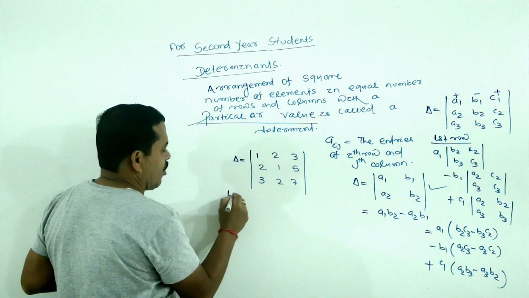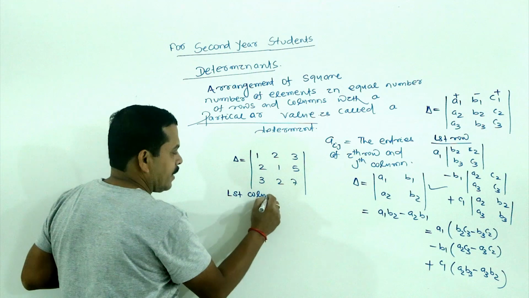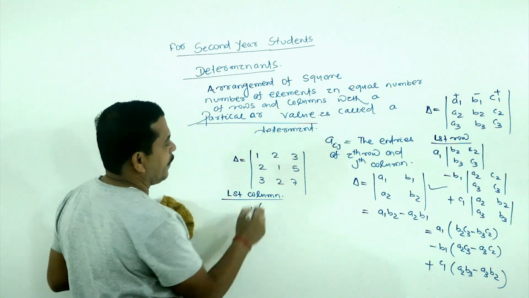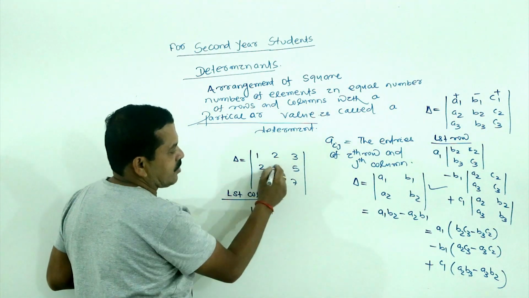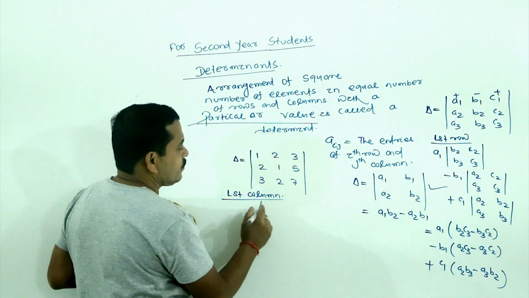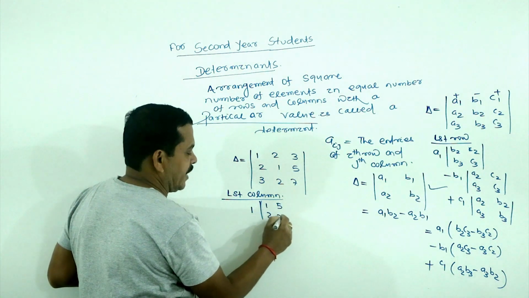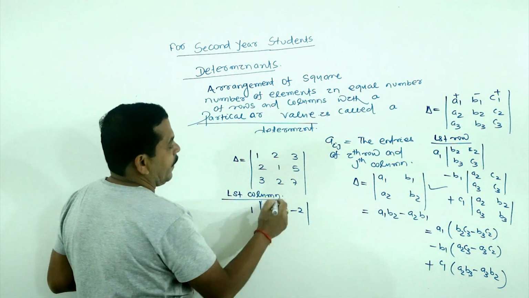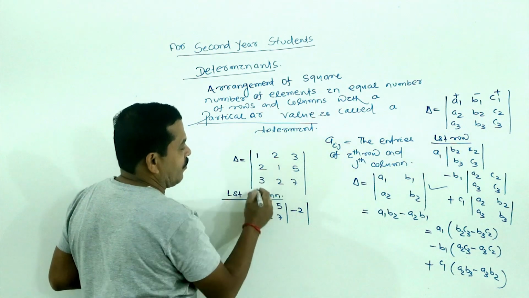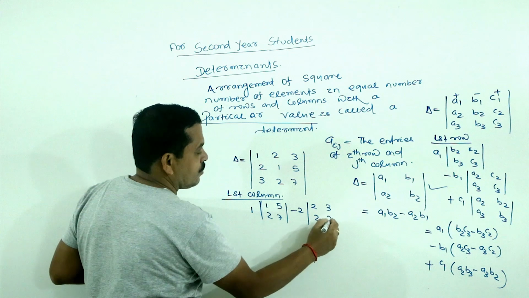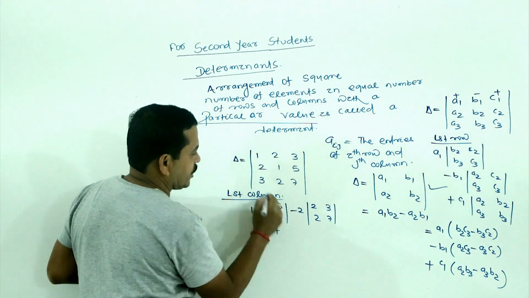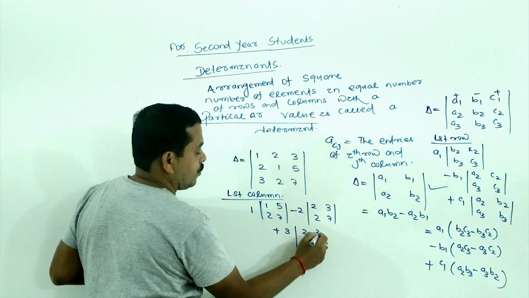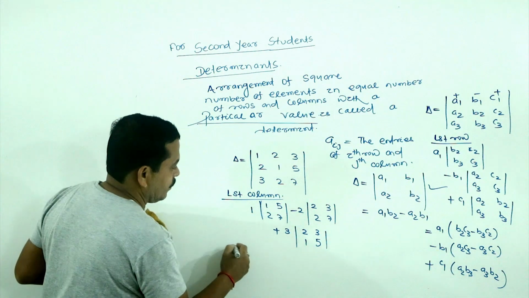Suppose I expand it about the first column. About the first column, we can expand this as 1 into, we have to delete the first row and first column, then we will get 1 5 2 7. Then the next element is 2, that is minus 2. We have to delete the second row and first column, 2 3 2 7, plus 3 into, we have to delete the third row and first column, 2 3 1 5,